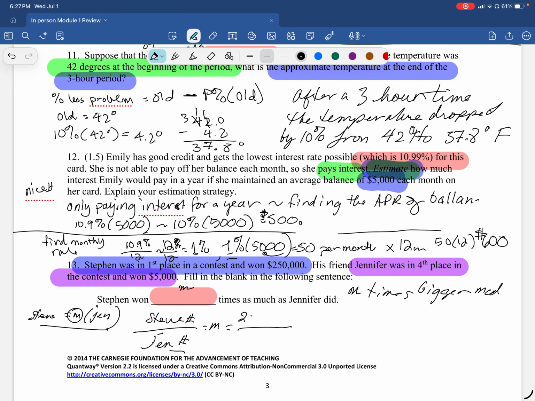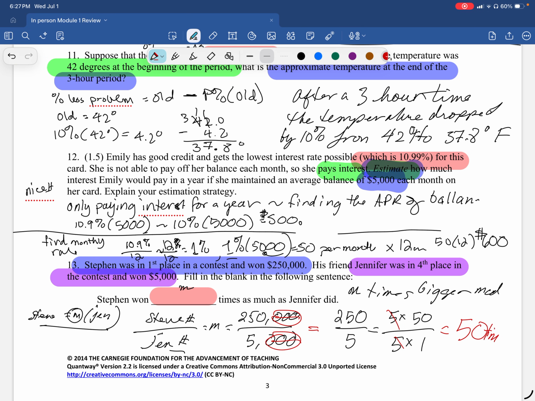So we have our 250,000, and then we have just our 5,000. And if we remove the same number of zeros, this problem reduces to 250 over 5. That's 5 times 50 over 5 times 1. And then my 5's cancel, so I get the answer of 50 times. So my number here would be 50. I'm going to